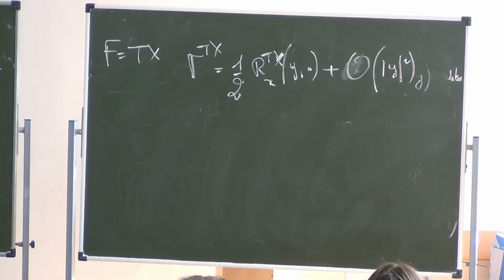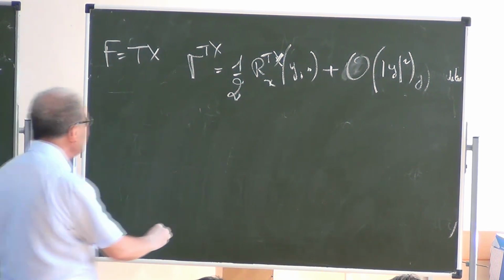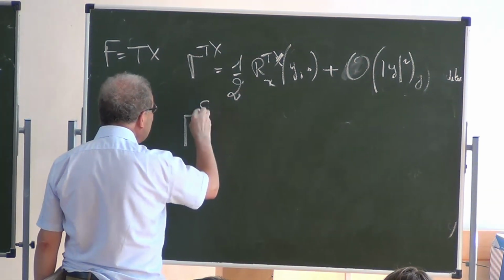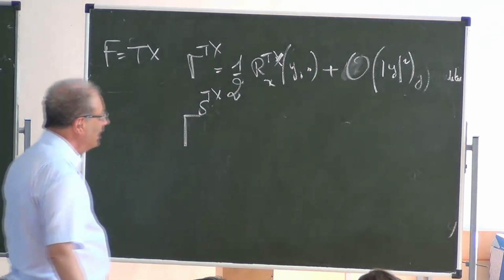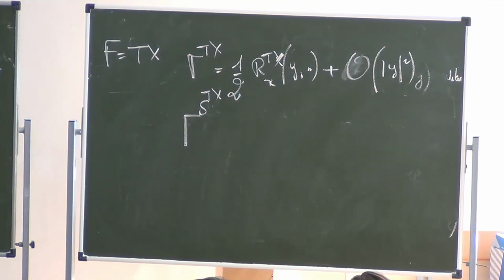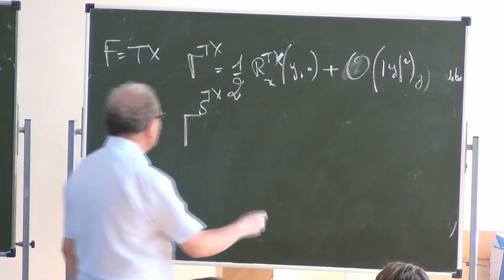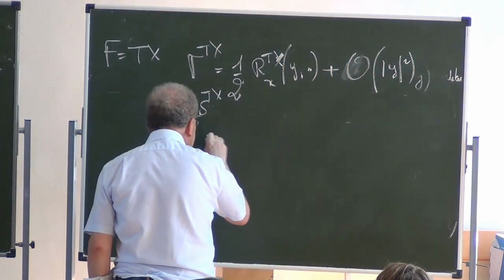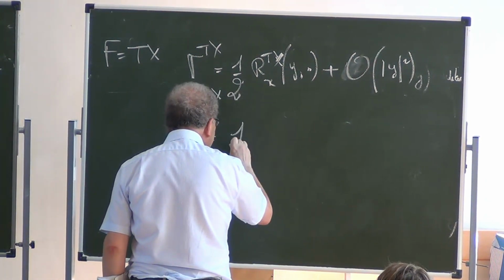But now I claim that I can, from this formula, obtain a corresponding formula for gamma STX. Okay, so this I do not completely explain. This is related to the question of the spin representation that I see that many of you like very much, or at least would like to know more about. So let me just say that gamma of STX, there is an exact formula which says that this is equal